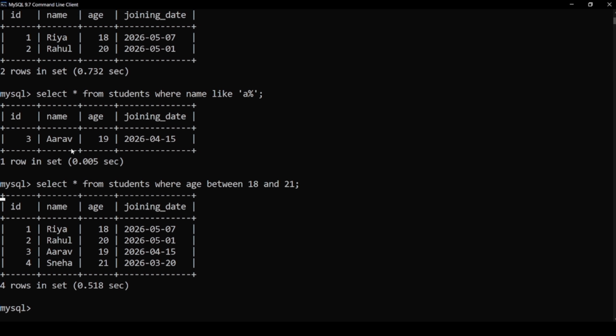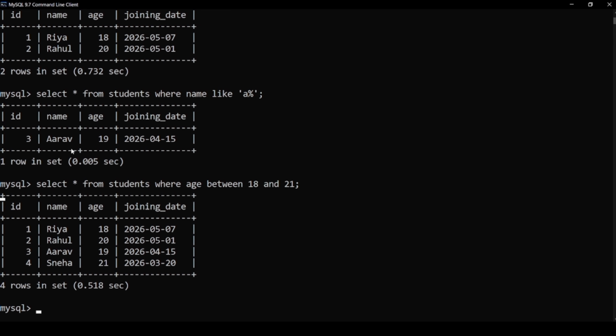Now, what does this query do? It will display the students whose age is between 18 and 21. So between makes range searching easier. For example, if I have thousands of records, and I have to find which particular age is between 18 and 21, it would be very difficult to search manually. So I can use this query, which will help me search easier. So that's what between is.